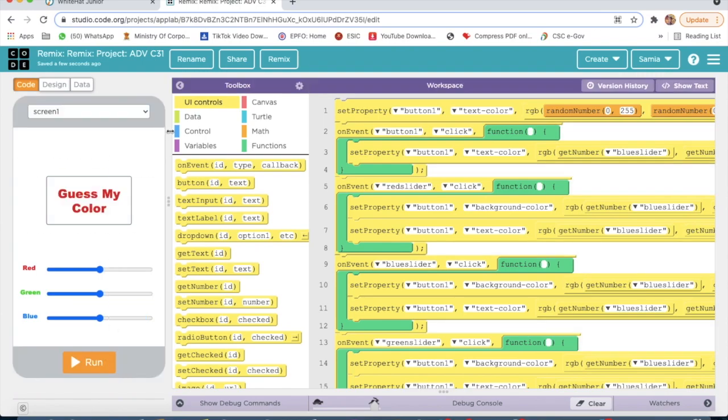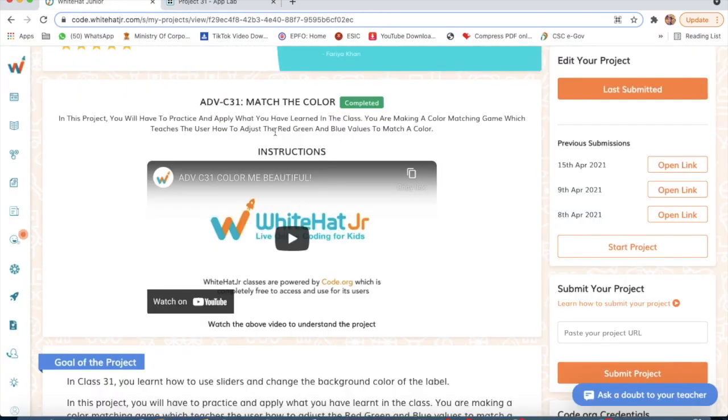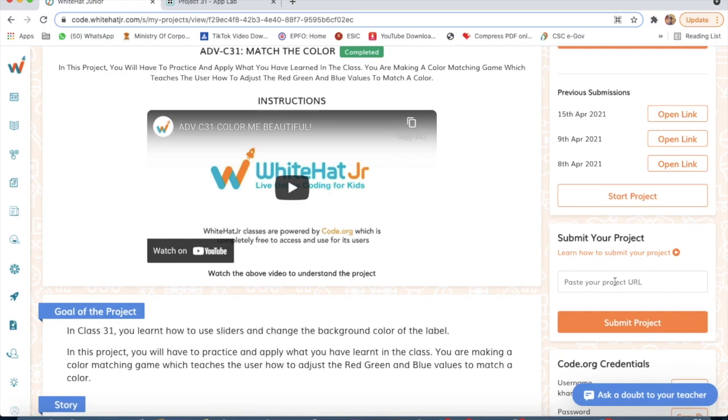Okay, I will reset it and rename it project 31. Project 31, and I will click on save, then click on the share button, copy this link, paste the link here, and click on the submit button.